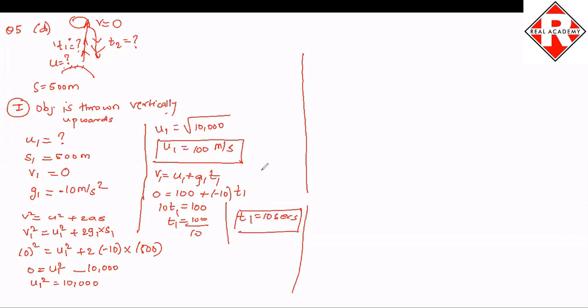Now, I want t2. I have to find t2 also. Why? Because I want to find the time taken by the object to come back to the earth. After throwing upwards, how much time it takes to reach back down to the earth, that is what is asked. So I need to calculate this t2 also. So for that, now I will be considering the second case, that is when the object comes downward. When the object comes vertically downwards. So in that case, it will become,